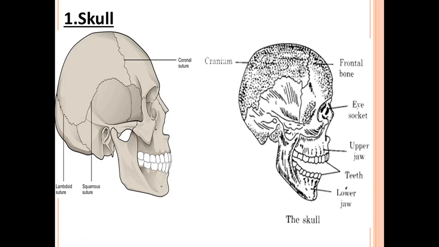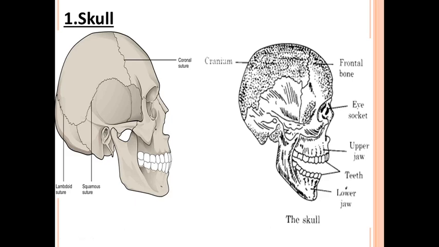Understood? The upper and lower jaws are parts of the skull and have teeth. The bones of the upper jaw are fixed, but the lower jaw is movable, and that's why we can talk and eat. See, can you move this part? No. So that is immovable. And this part we can move. Now I am talking because of this movable jaw.